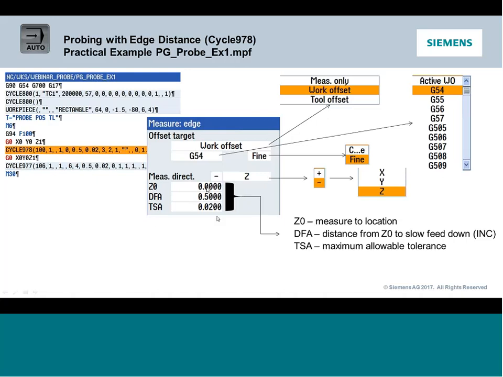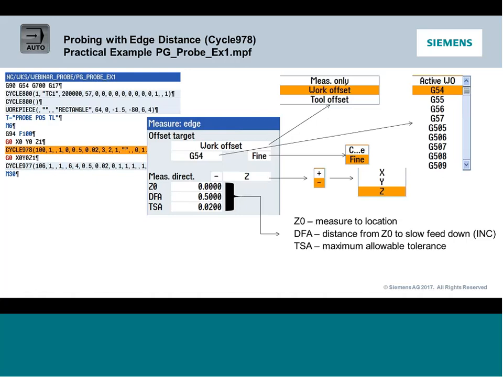So these last three variables are telling it where we're measuring to. In my case, I'm measuring to Z0, or the top of my part. How close do I want to get to my Z0 or my Z location? This doesn't have to be 0, mind you. If I'm down in a pocket, it could be -1/2 inch. But how close do I want to get there before I start slowing down the feed rate to a measuring